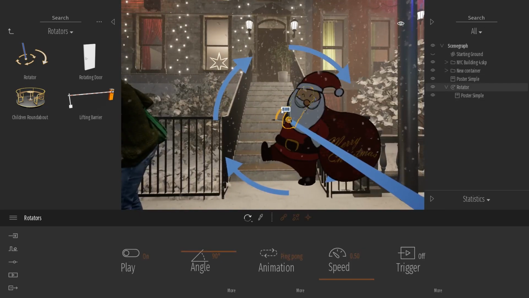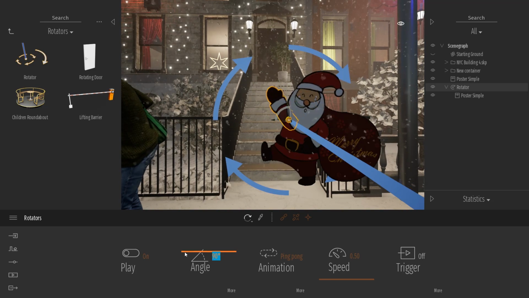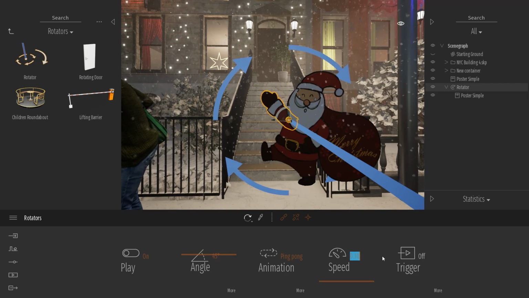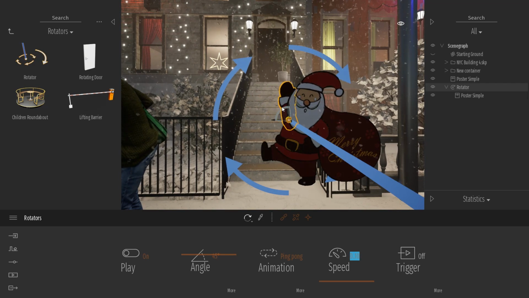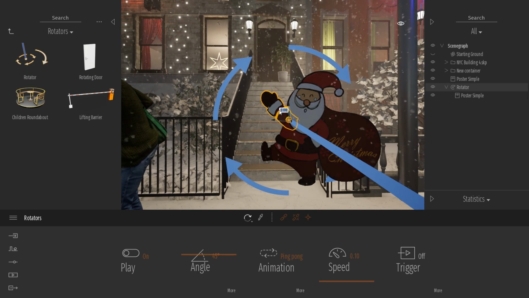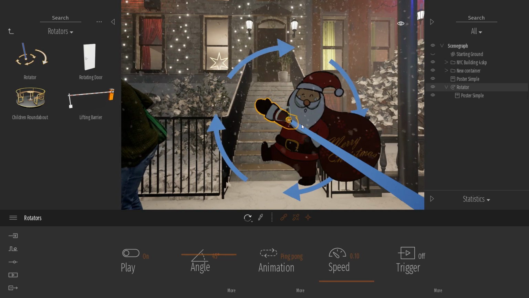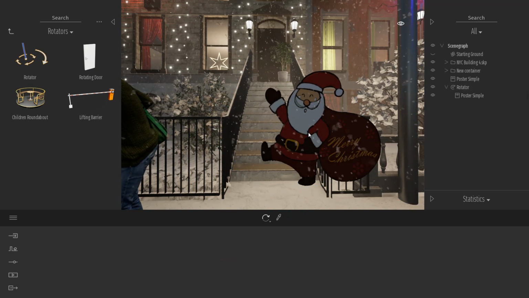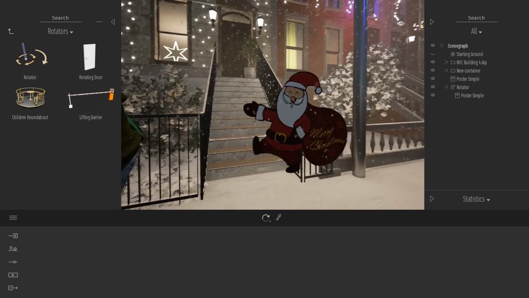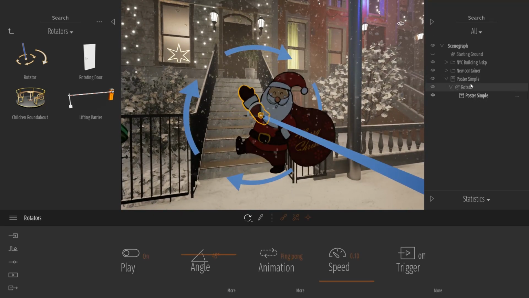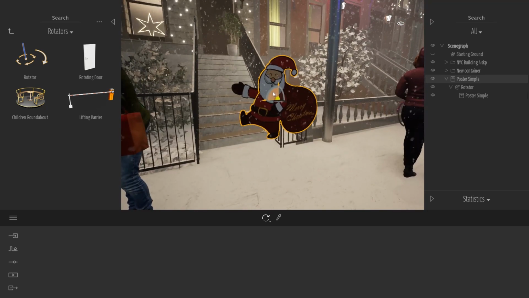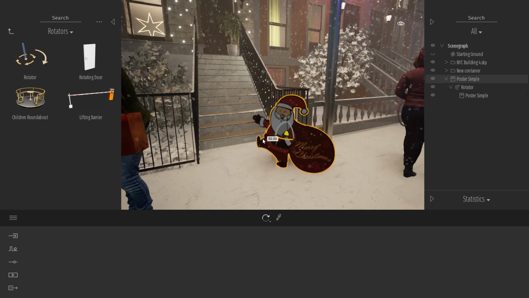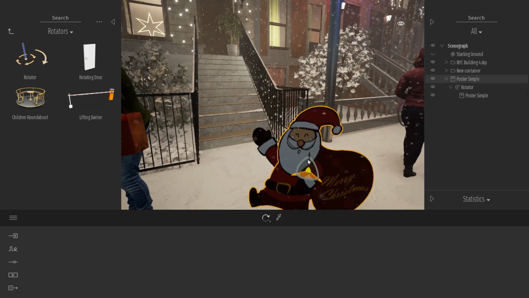And finally, last thing I need to do is maybe first change the angle side, maybe just 45 degrees enough, with a slower speed. And I will also just change a bit the orientation. Not that too much. And that's it. So now I can even place the rotator as a child of my Santa, so I can move my whole Santa billboard, my Santa decoration as one single object.